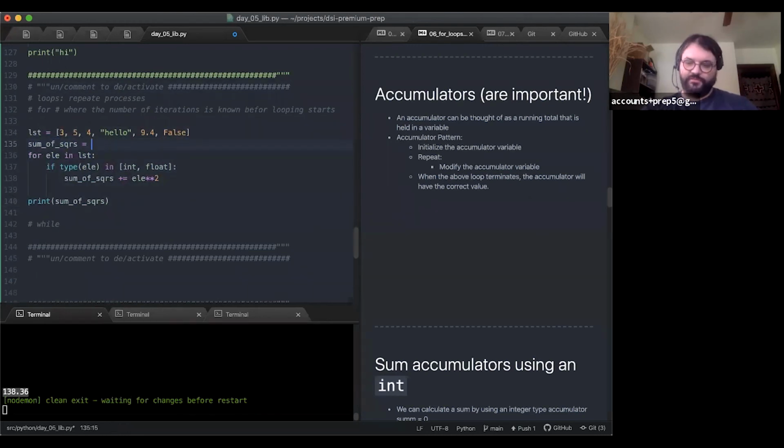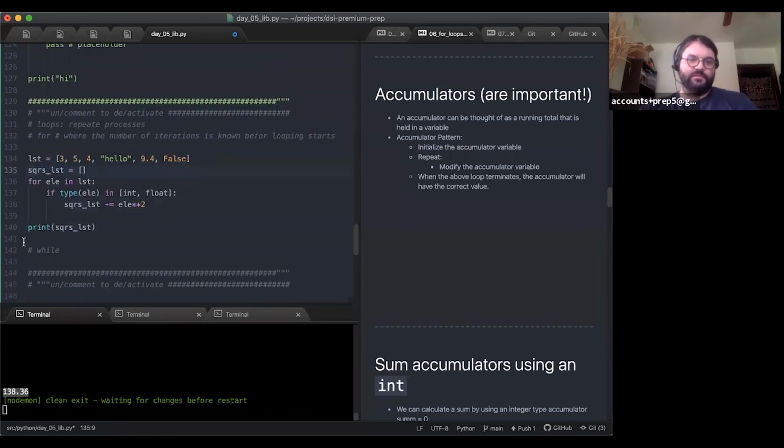If I wanted to do, let's just look at a similar version with a list. Let's call this squares list. I like to make the identifier name something that tells me what type it is, that reminds me of what type it is.